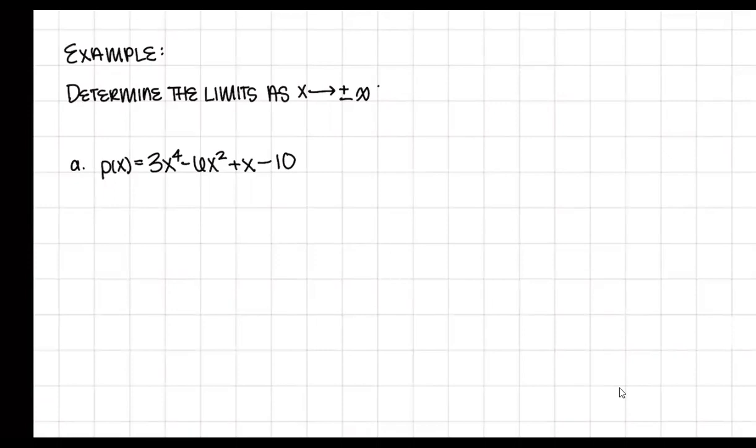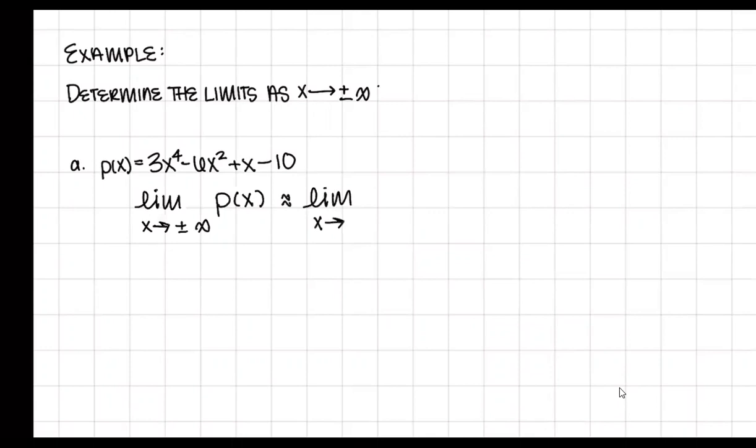So our first function is p of x equals 3 times x to the 4th minus 6x squared plus x minus 10. We know that because this is a polynomial, it's fair for us to write that when we're taking the limit as x approaches positive or negative infinity of p of x,